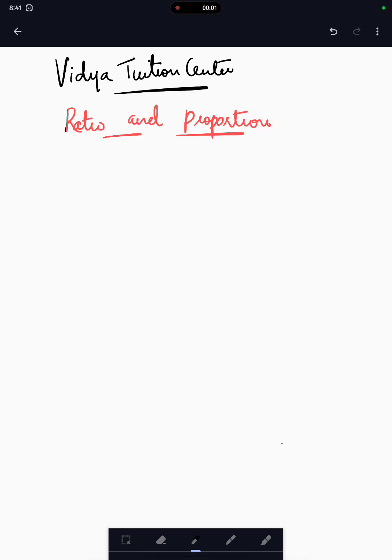Dear students, today we are going to see about ratio and proportions. Okay, ratio is simply defined by comparing two quantities. In daily life, we come across different situations where we have to compare quantities like heights,